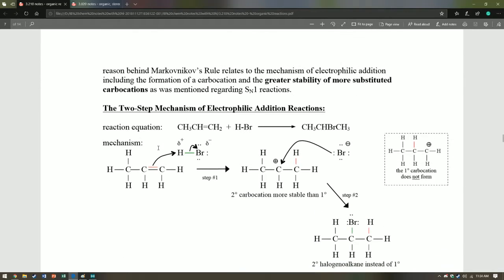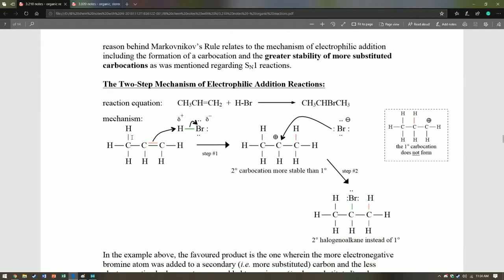And the formalism for that is, okay, so here's the mechanism. This bond here will attach to this slightly positive. Remember that hydrogen halides are polar, so this will have a slightly positive end and a slightly negative end, and the slightly positive end will be attracted to the electrons here in this double bond, and it'll form a